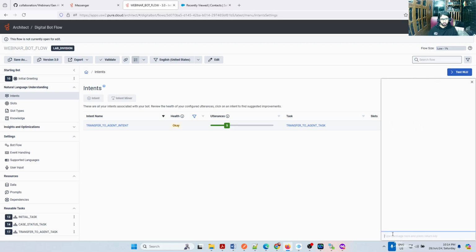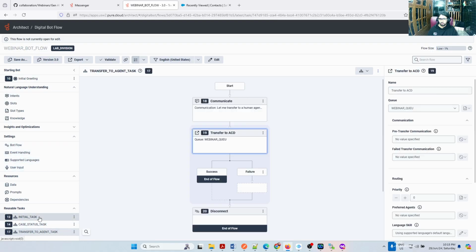I'll say 2. When I say 2, it says transfer to the agent intent. It actually worked. Also live agent is taking it, so it is also transferring. So the logic is working, but the prompt which is supposed to be delivered is not properly delivered.